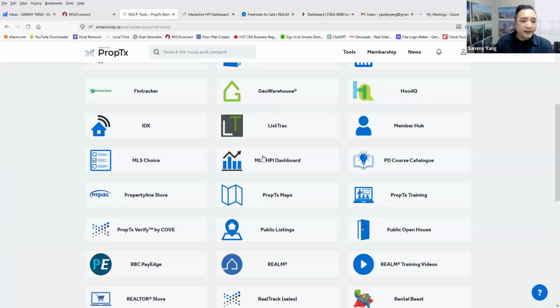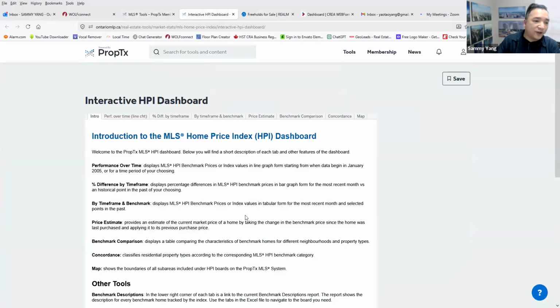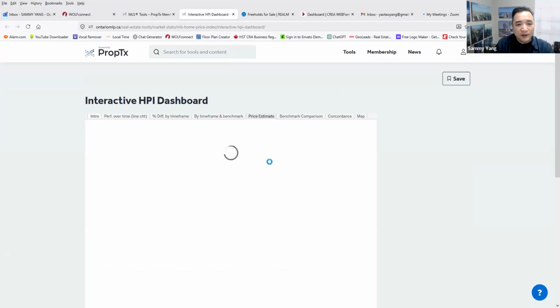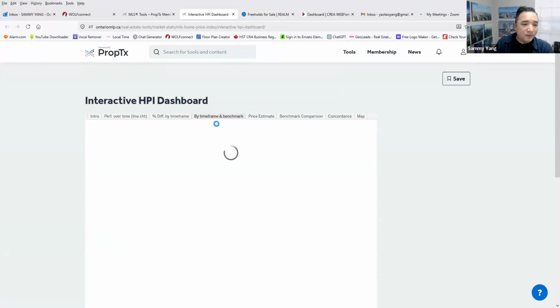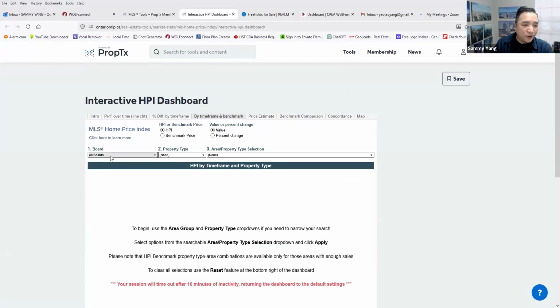All right, let's see HPI. Yes, it's right here. HPI, they have lots of information, and they even have training that takes a lot, like 2 hours. But anyway, we don't want to take too much time. For me, usually we just want to use the price estimate. That means we just want to see how much the property costs, and also there's a time frame,